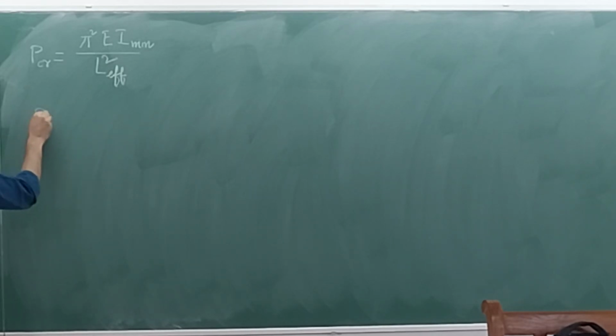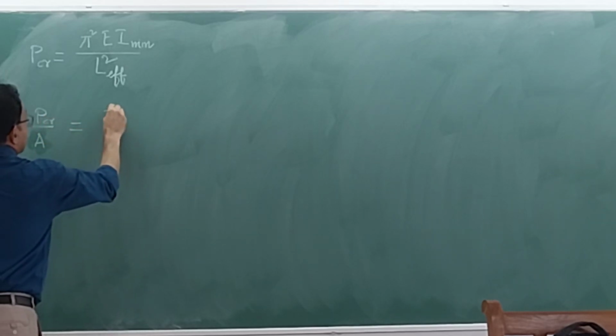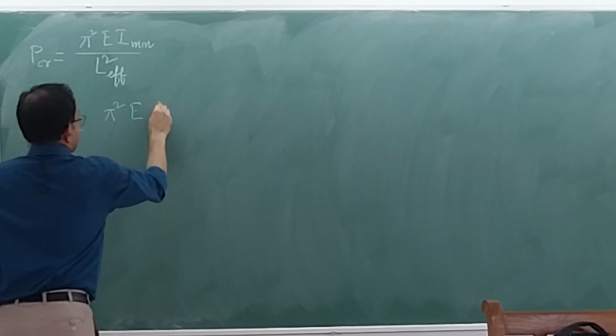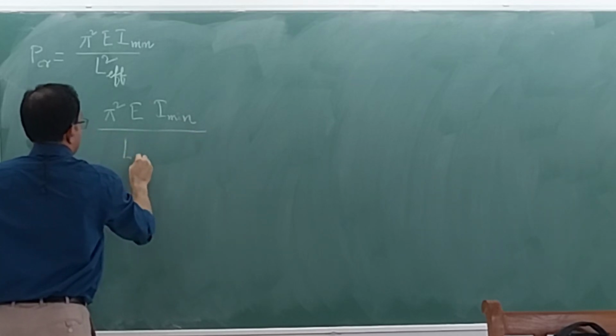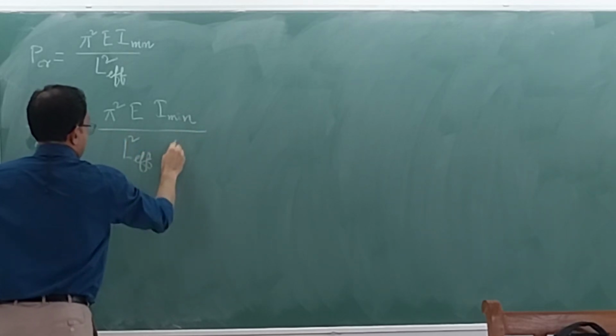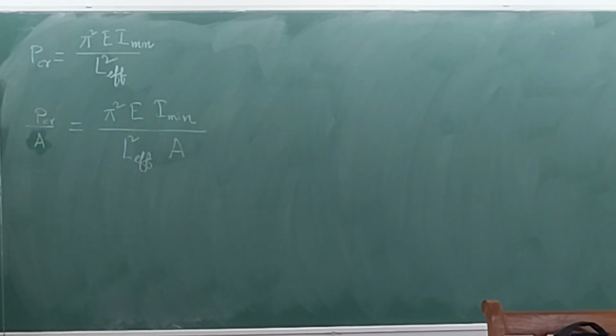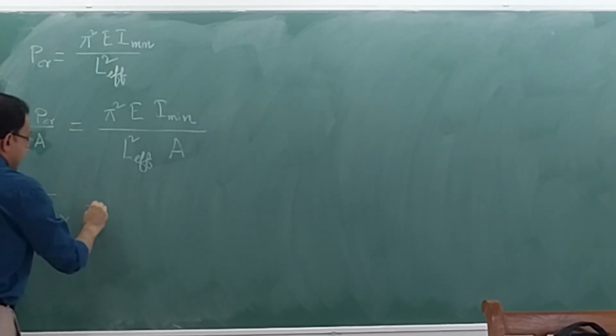So P critical divided by A. So this thing is the sigma critical. Okay, this is the sigma critical. Now if we have that, what we can write is